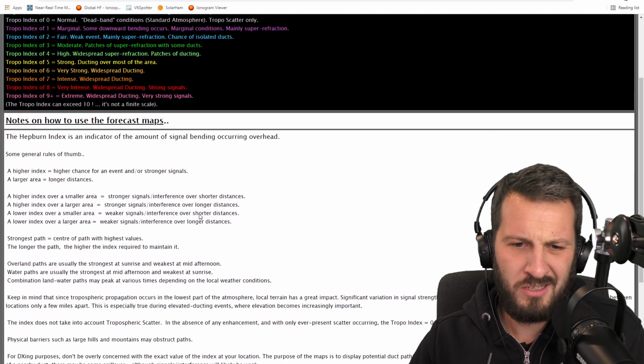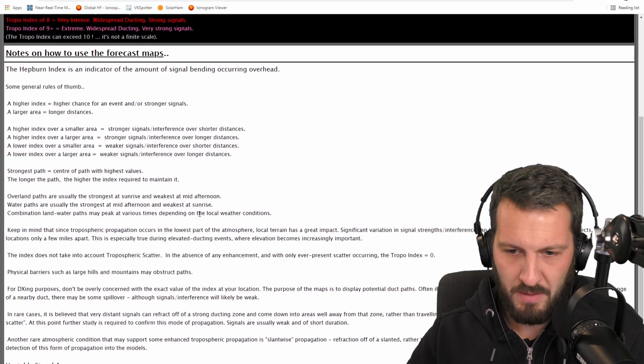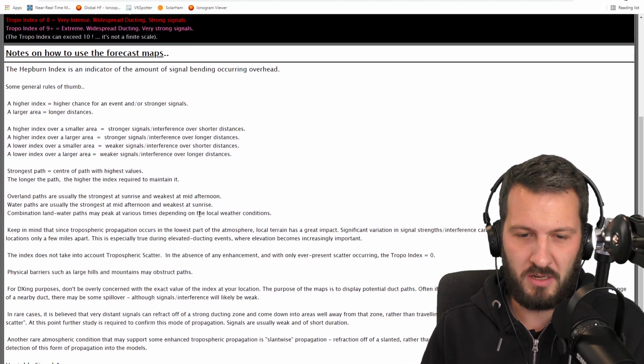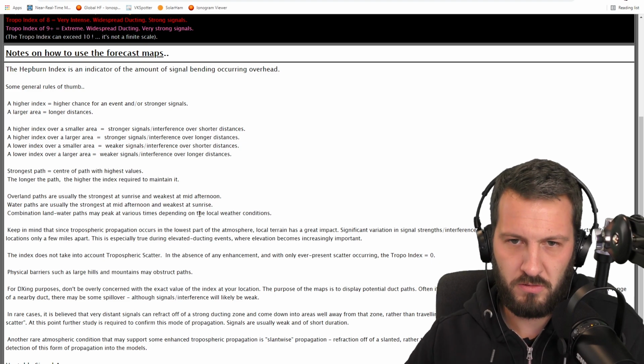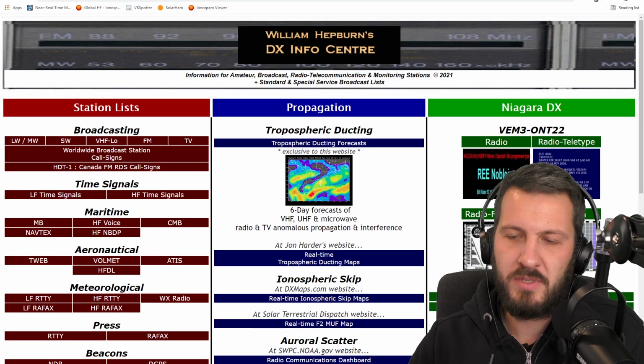And it goes on to explain below how to use the forecast maps and where it's likely to form and the type of paths that you require. So you can have a look at all these, and I'll put the link in the description. Let's have a look at the maps. Now, if we go to